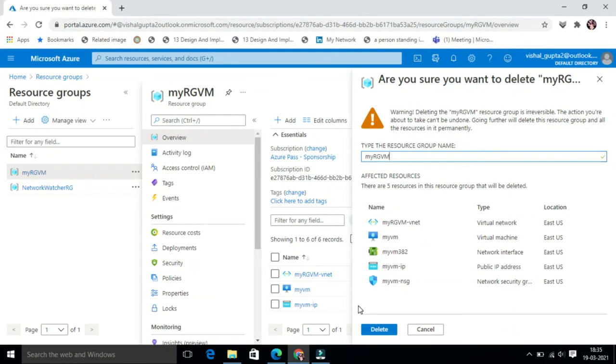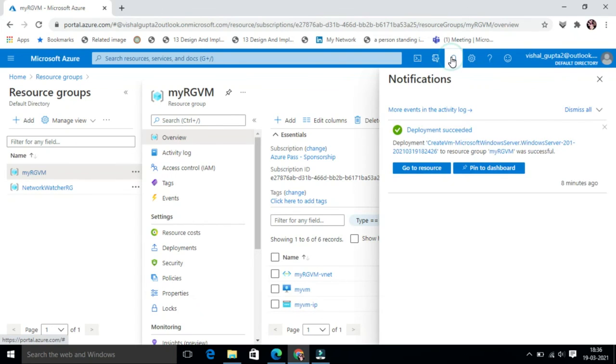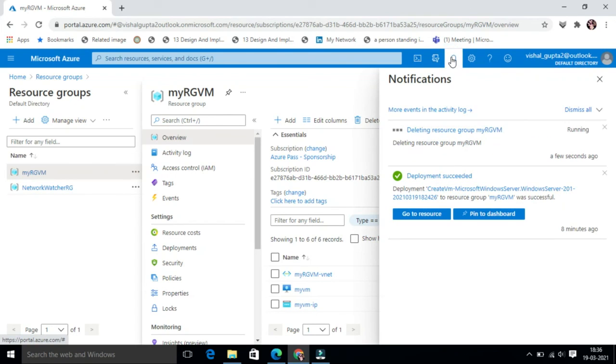Verify the name of the resource group that it is the same as you have created and click on delete. Monitor the notification to verify that the deletion completed successfully. It will take some time for deletion.